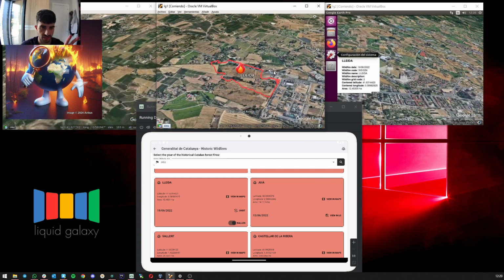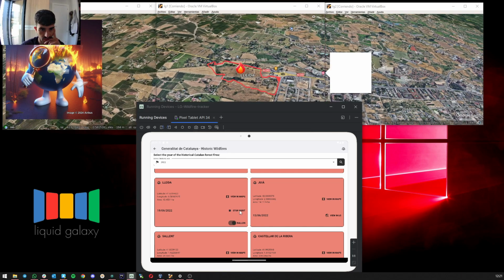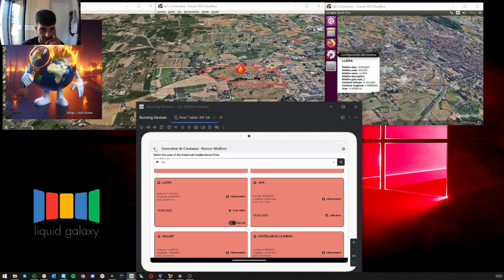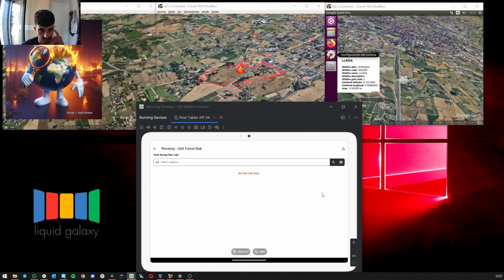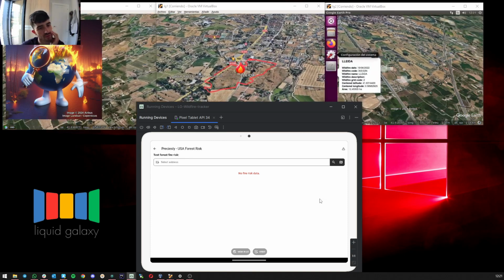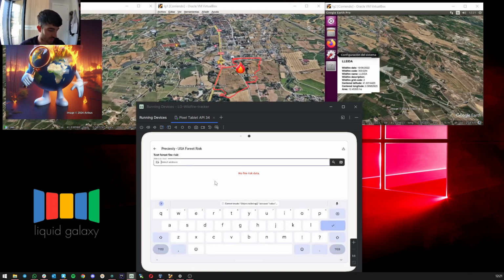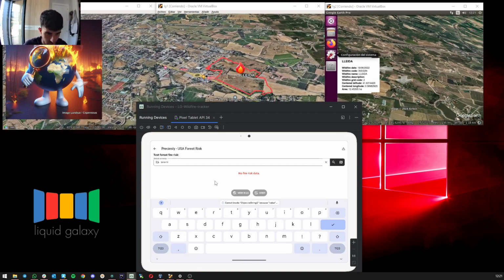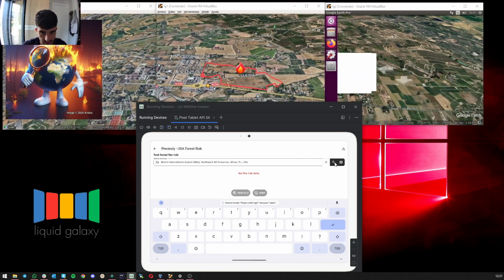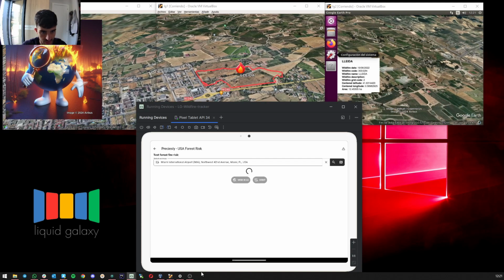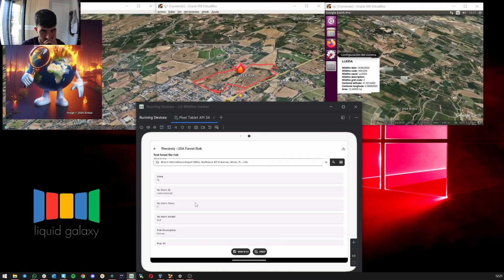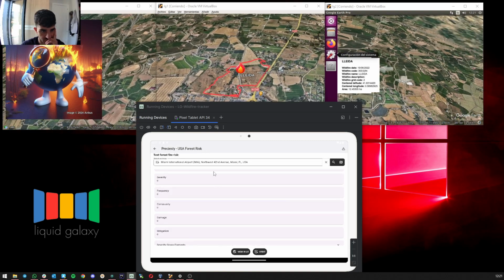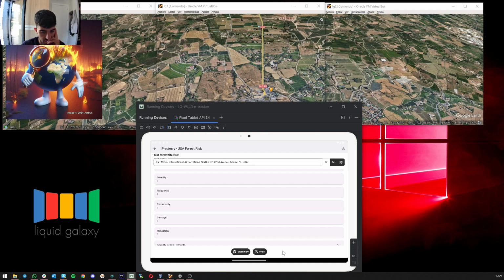You can see all the perimeter area for this historical wildfire, and the same, if you want to orbit, you can orbit. Perfect. And finally, the last screen has USA Forest Risk from Precisely API. I will input the address, for example, Miami, and search, and this is all the forest fire risk parameters, and I can send to Liquid Galaxy,